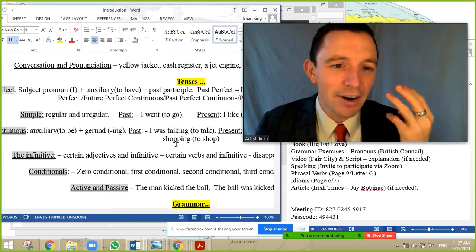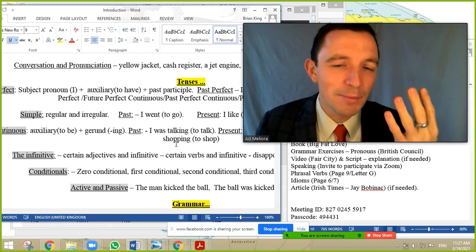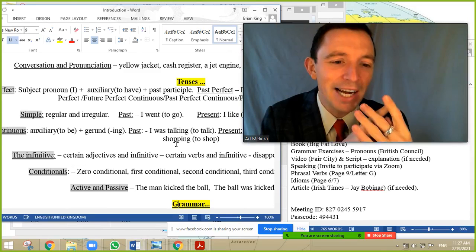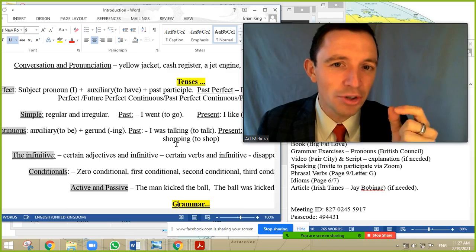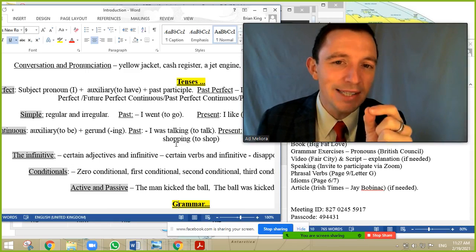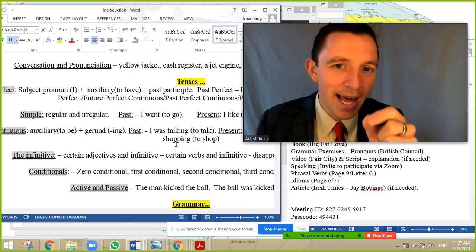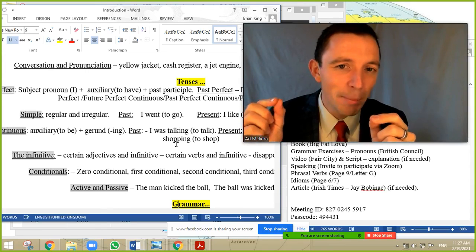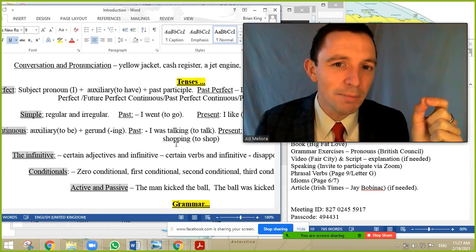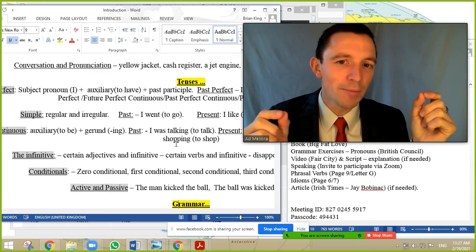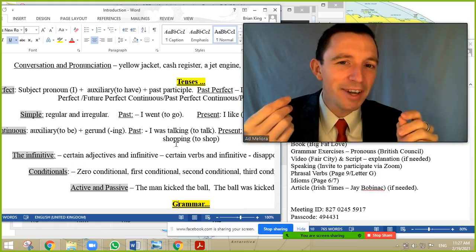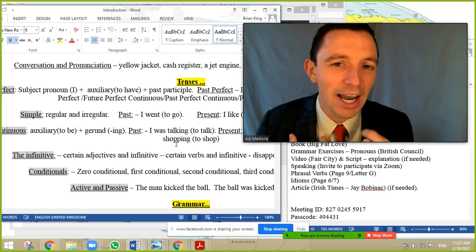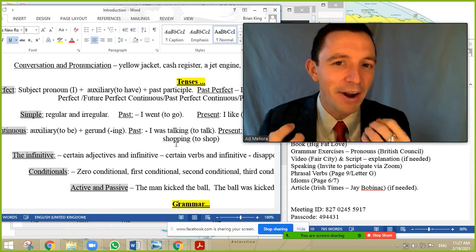But basically, there are 3 or 4 very important concepts. For example, the simple, the continuous, the perfect, and maybe the active and the passive. So they're the 4 I want to introduce quickly. The simple: we have the present simple, one action in the present you do now. We have the past simple, one action that you did in the past that's completed, and the future simple, one action you will do in the future. Okay, that's the simple. We have a lot of irregular verbs in the past simple, which is more complicated, and that's very, very difficult.